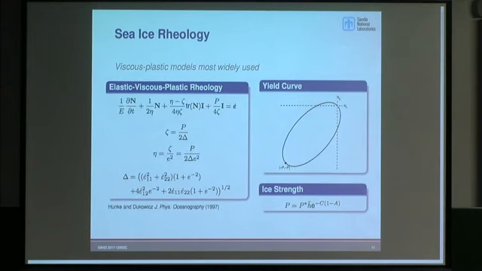There's a variation on this that's used in, for example, the Los Alamos CICE code, which is an elastic viscous plastic rheology. And in this case, it's not really a physical elasticity. The elasticity is used just to regularize this. So in the standard viscous plastic, if you go to very small strain rates, the model will blow up. So there are different ways to handle it. If you add this elastic term, you end up going to elasticity in the limit of very small strain, and it just makes the model better behave numerically when you're solving.